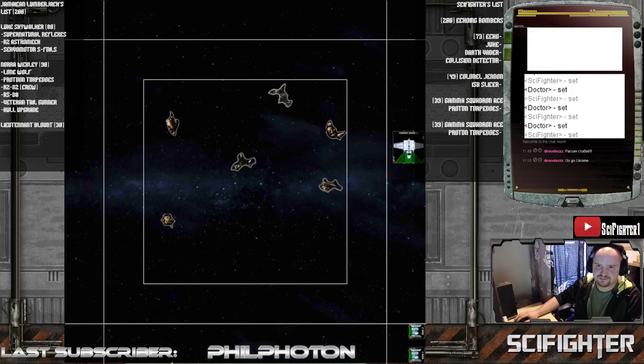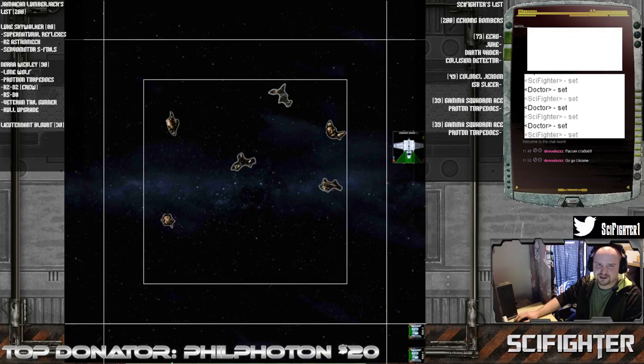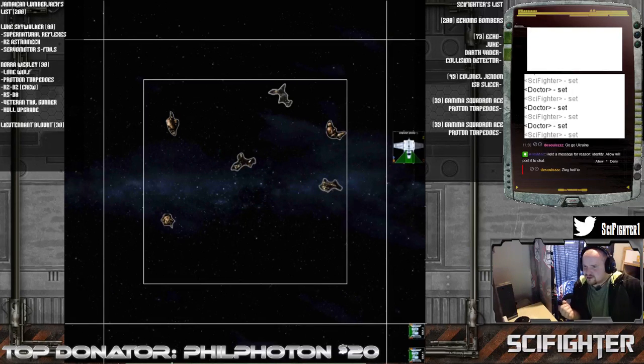Set. Alright, so what are we running here? We got Echo, Juke, Collision Detector, Darth Vader. So, again, I'm just really wanting to test out this collision detector, see if it's what everybody's hyping it up to be. We got Colonel Jendon, an ISB slicer. Basically, I wanted to switch around. I had the gunboats before with